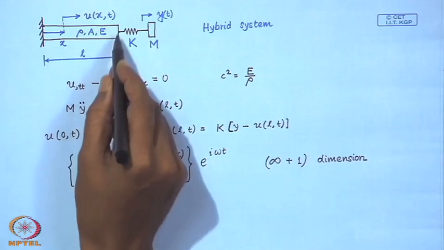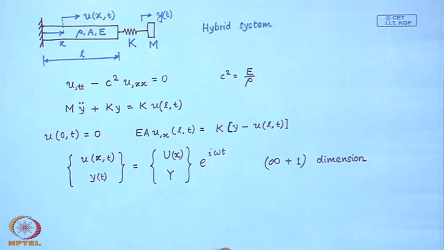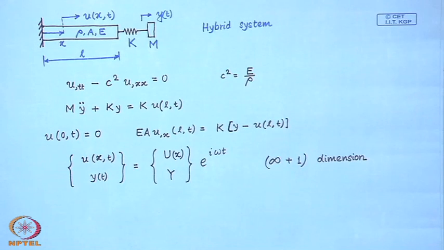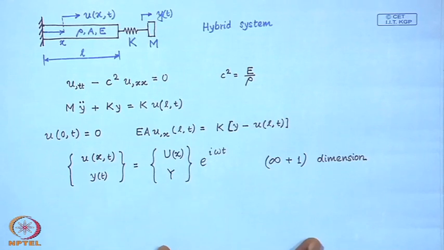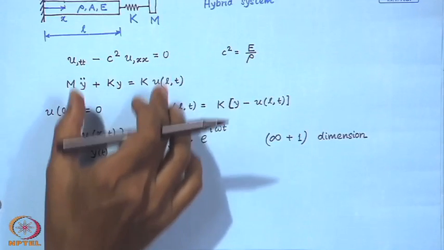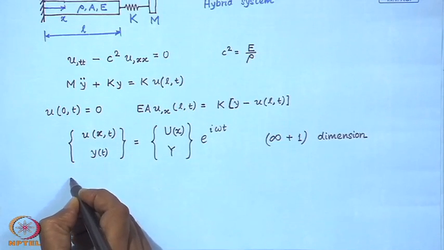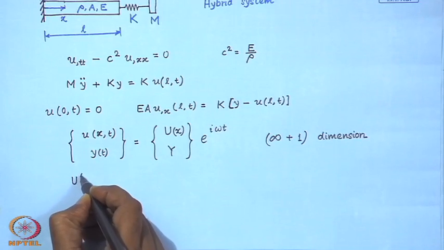Infinity because of this bar, as we already know, and plus 1 because of this discrete system. So, the modal space is of dimension infinity plus 1. So, if you consider a solution structure like this and substitute in the equations of motion, then you can immediately obtain